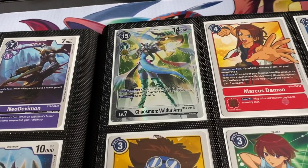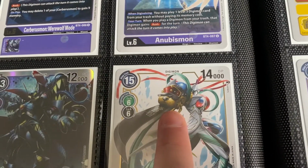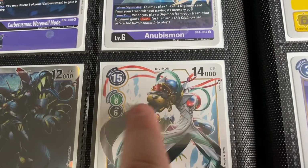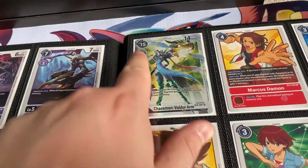For those who don't know, if you look at this Chaosmon here, he's actually got a Bancholeomon on the left arm, and he has a Darkdramon on the right. Well, I guess that's his left and his right. Anyway, you know what I mean. But the Valda arm is called Valda because he has Bancholeomon on one and he has Valduramon on the other. So if you look at Valduramon,